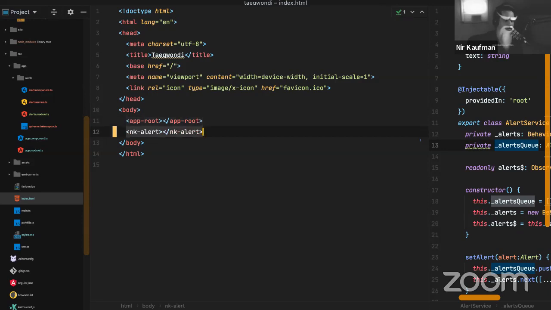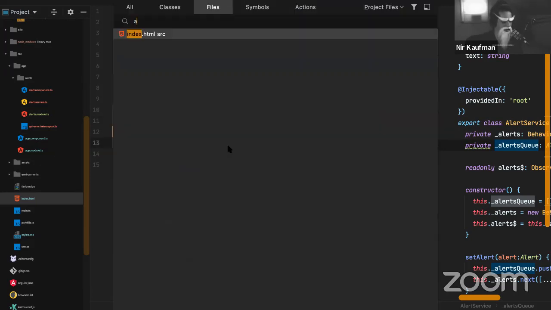if you want to render another root in your index.html. And it's totally okay to add some extra HTML here if you want to get something shown on the screen until Angular is loading. You can also put some content here like loading, which is going to disappear once Angular starts to run. So a lot of times we use this to get a better user experience without too much effort, just creating a lot of static markup and letting Angular render whatever it needs. So I put my NK alert right here beside the app root. In the future, I might add some CSS and align it against the body, but that's not the point. Let's go back to our app component